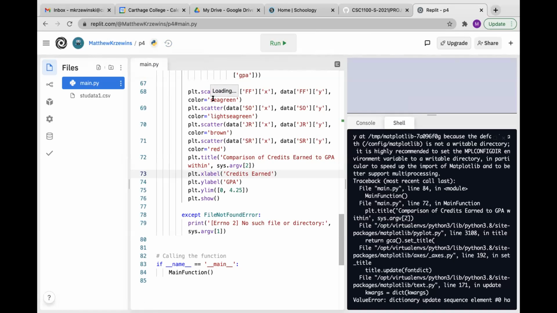It's like he's trying to give another argument to title, and title doesn't know what to do with it. So think back to the first days of class. How would you concatenate a string with another string? Do you do the plus in between?